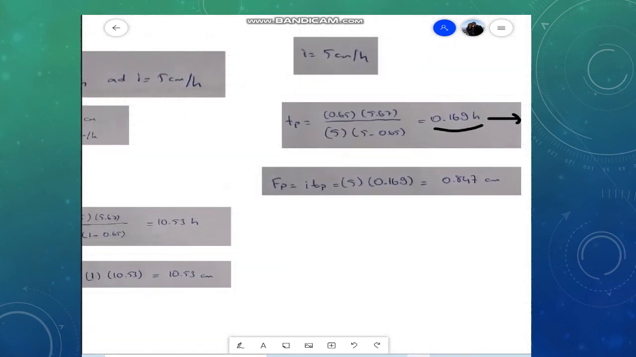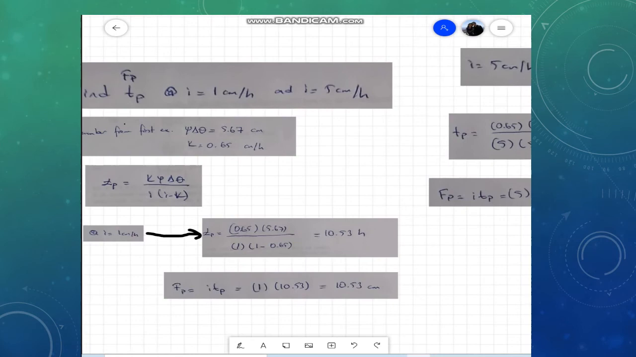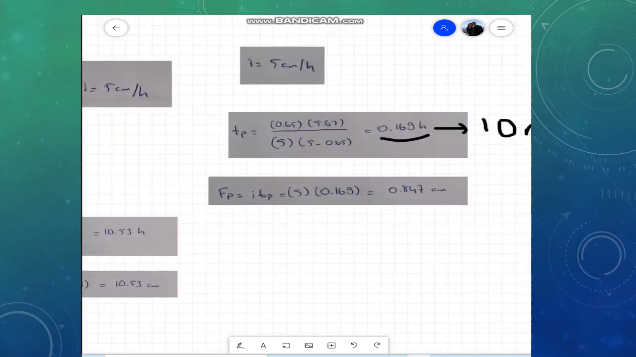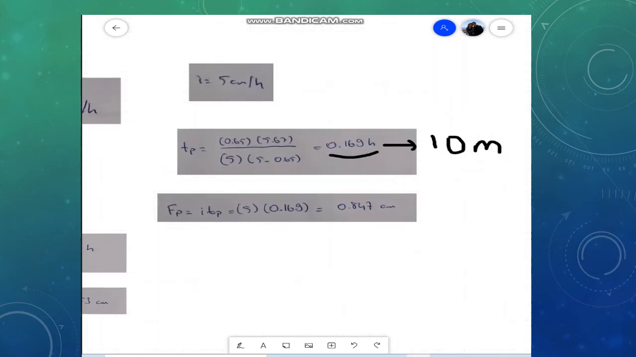the intensity of rain is low, like 1 centimeter, it's gonna take too much time to pond the water, and the soil will take all the water inside during this time. But if it is 5 centimeter per hour, which is high intensity, then ponding starts to occur in 10 minutes. Of course, if you take this number here, the number is high, but in civil engineering